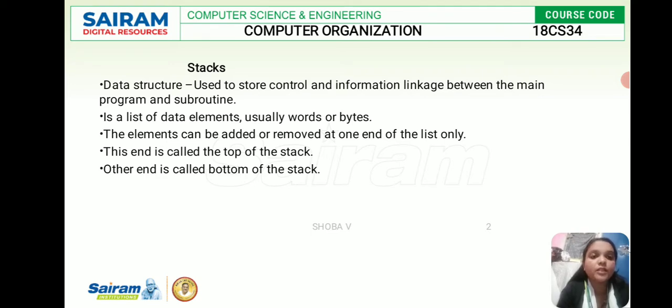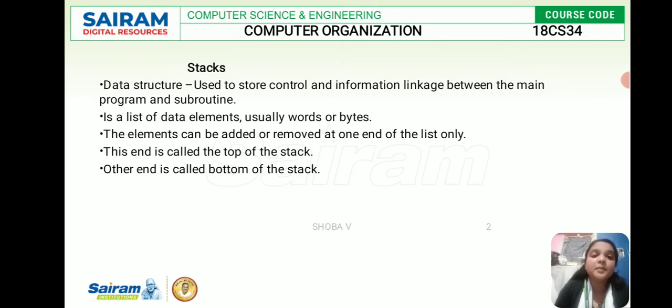One more thing: in the data register stack, we have a data register with a word length of 64 bits, numbered 0 to 63. This is a list of data elements. Whenever you push a value, the stack pointer is incremented. Whenever you pop, the item is saved in the data register as it is.